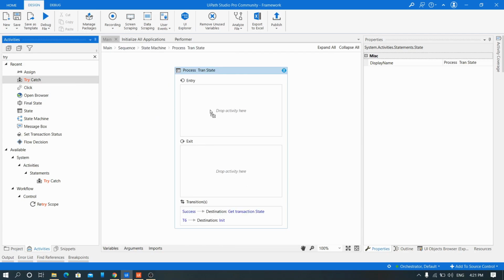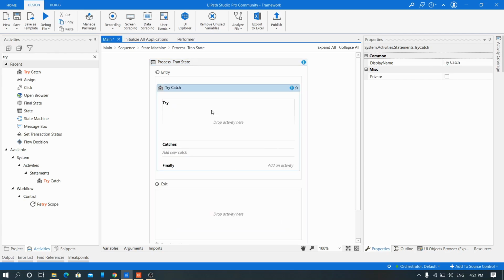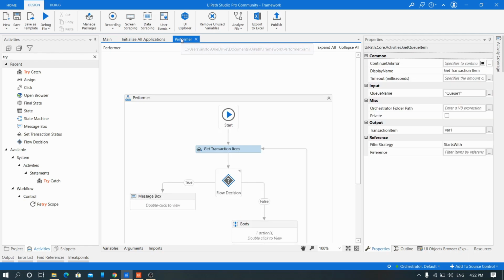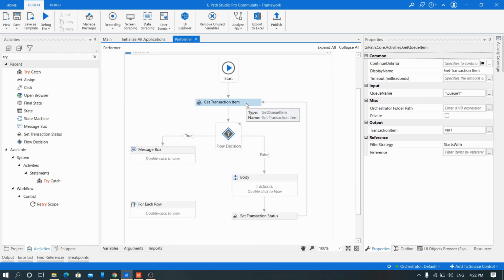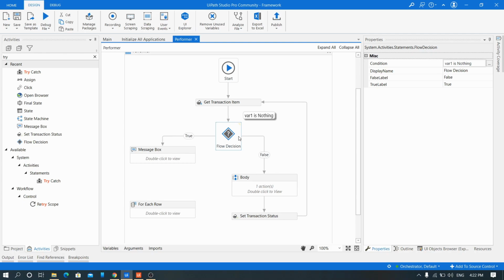In the process transaction state, again we put a try and catch block. This is a part of the performer. Yeah, we did not check the null part.